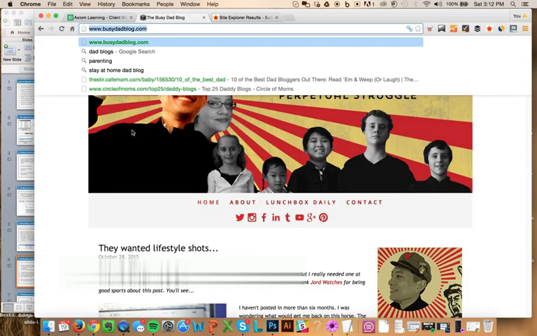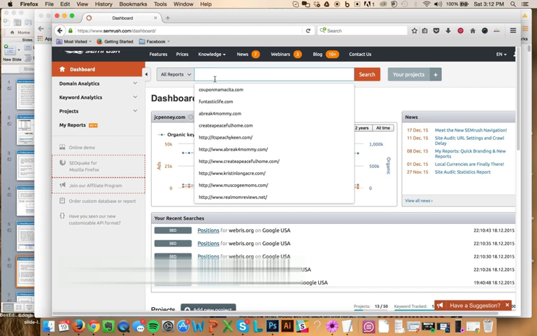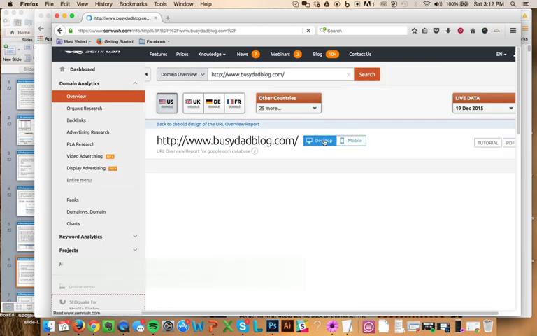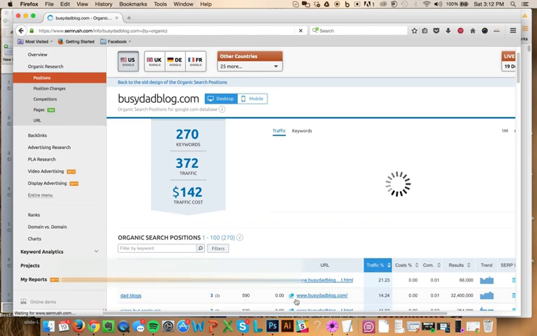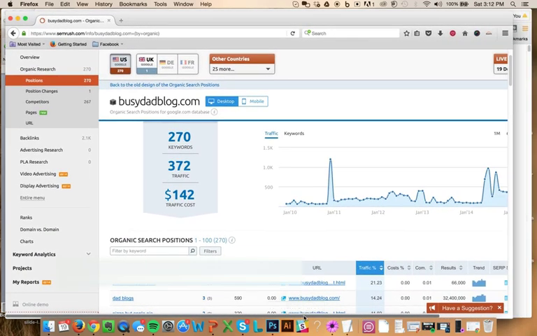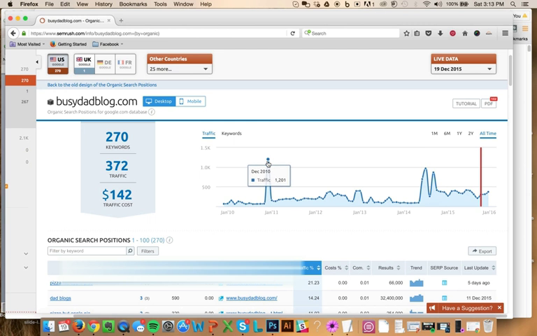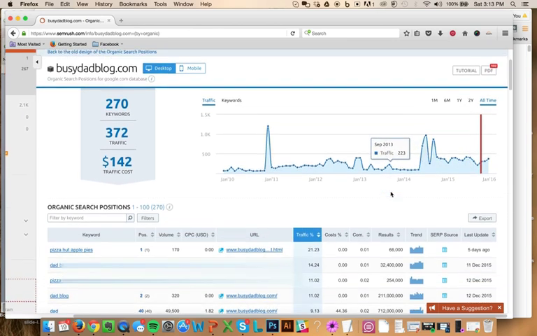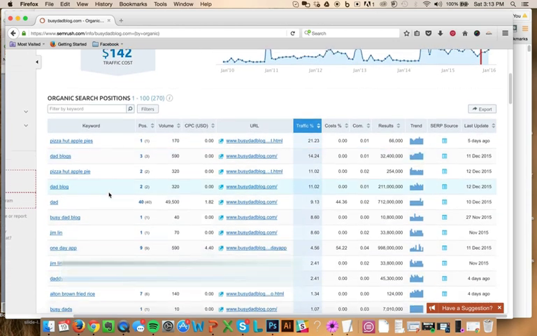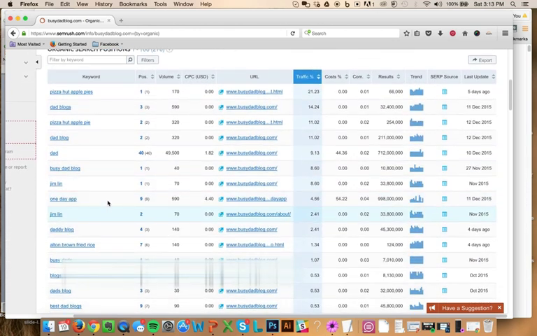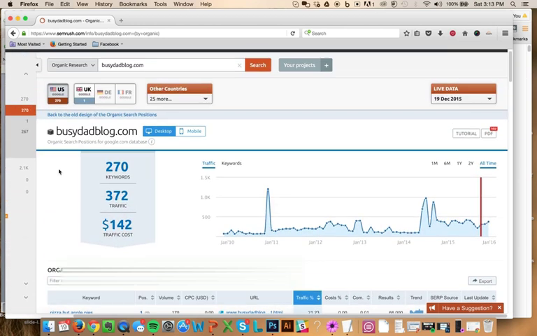The last thing we want to do for link evaluation is come up here and dump it into SEMrush. Just click search, and we want to make sure that it's got a clean link history. So then we're going to click on organic research over here to the left, and take a look at the history of the domain. With the exception of a blip here, it looks like it's got a very clean history, right? There's no major drops in traffic, and it looks like it's been going up and to the right lately, which is good. We also want to take a quick look at the keywords to make sure that they're relevant, and you don't have anything like boner pills or anything in here,